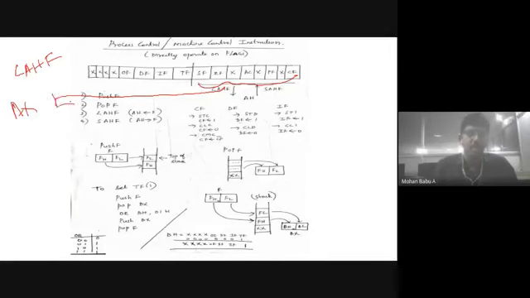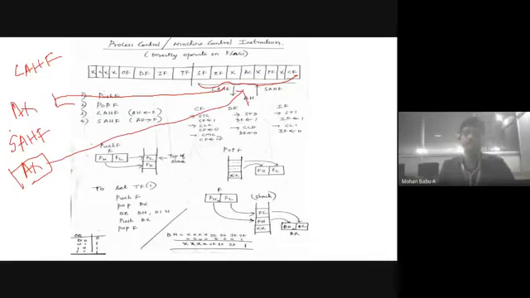This one is LAHF. If I use SAHF, this will copy the data from the register AX to the lower byte of the flag register. Is the concept clear now?